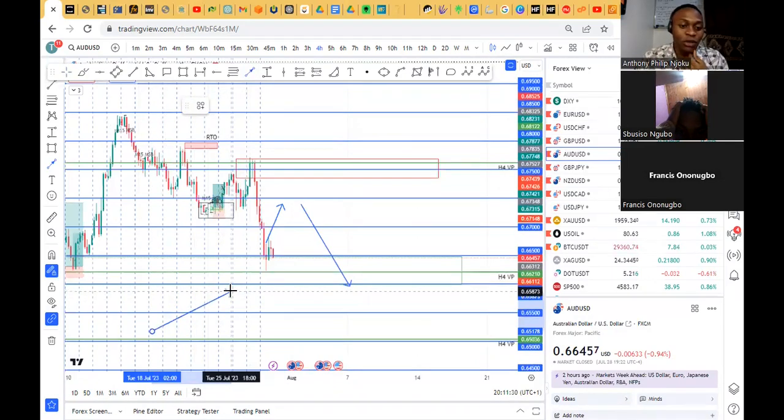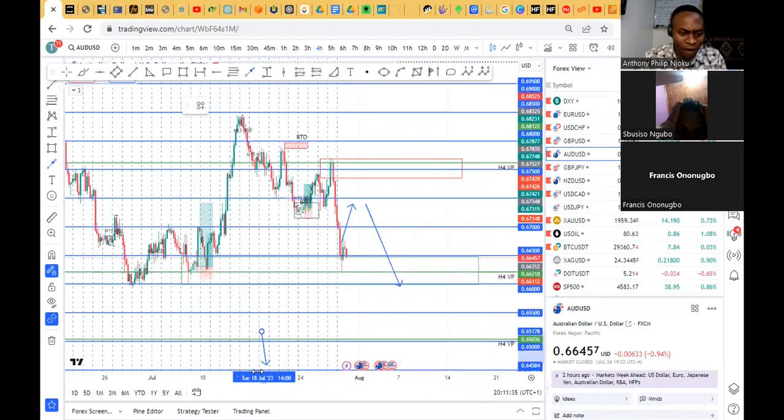AUD/USD has a little bit of complex structure, but I'm a bit impressed because it is currently inside our H4 validation point and it has a full efficiency and it is inside the cause. So if there's any MSBRT on the smaller time frame, we'll be taking the AUD/USD a buy to the upside, and then watching out for the next down wave to the downside.